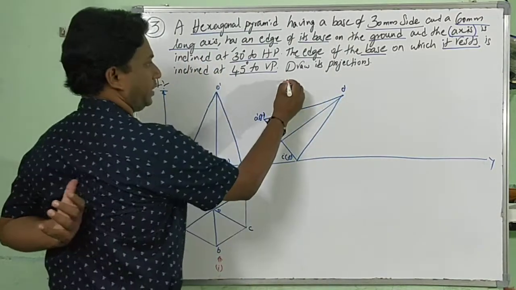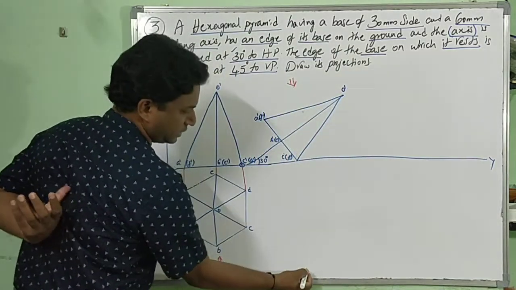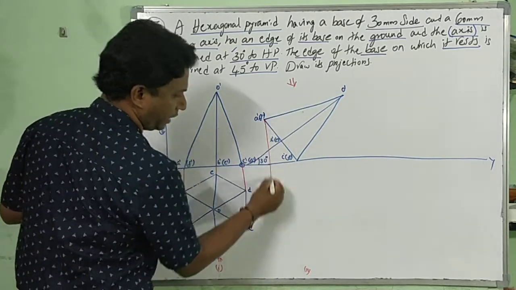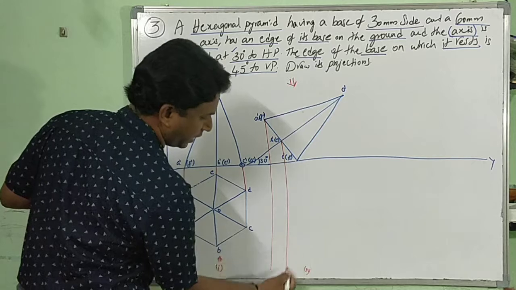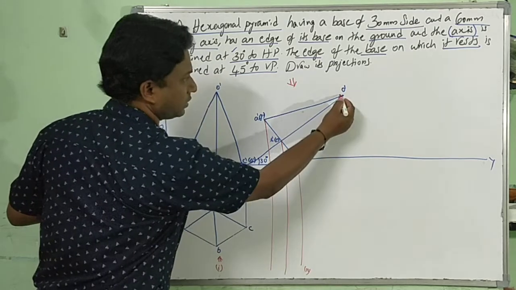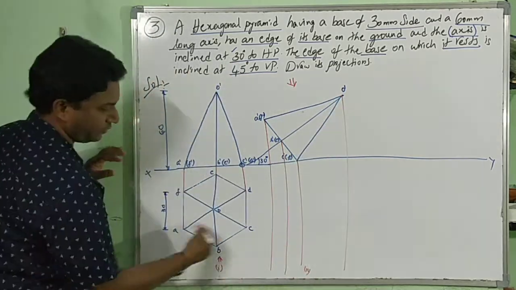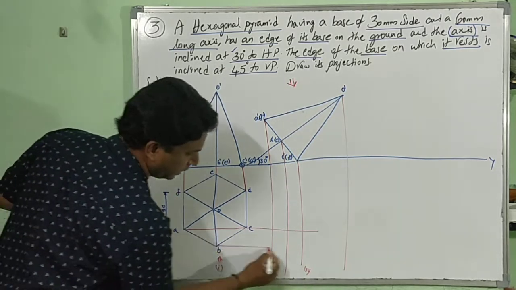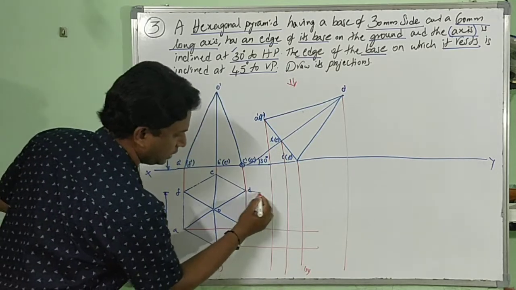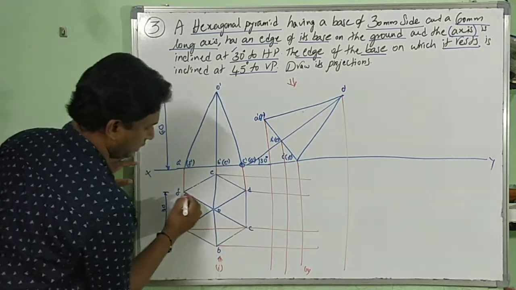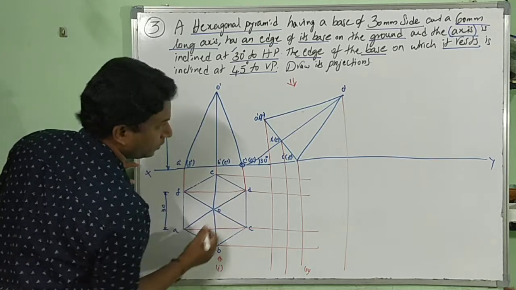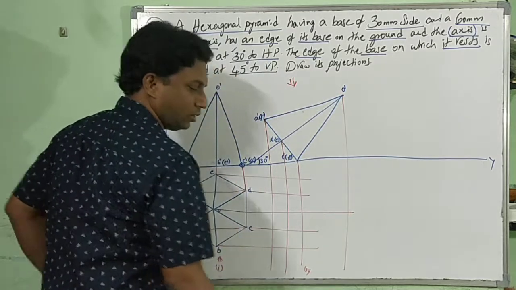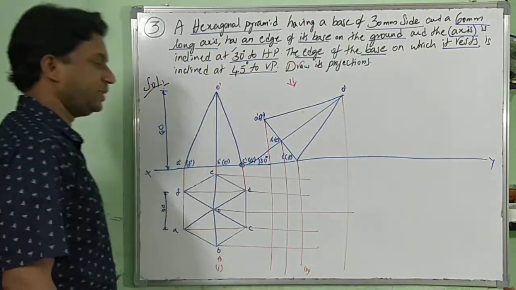Now, top view, right? I am supposed to look from here for this second stage, getting the top view. Projectors from A dash, B dash, C dash, O dash. Now from here, A through C it comes. B, C, D, E, F here. And now O. All the projectors are drawn. Now just pick the points.